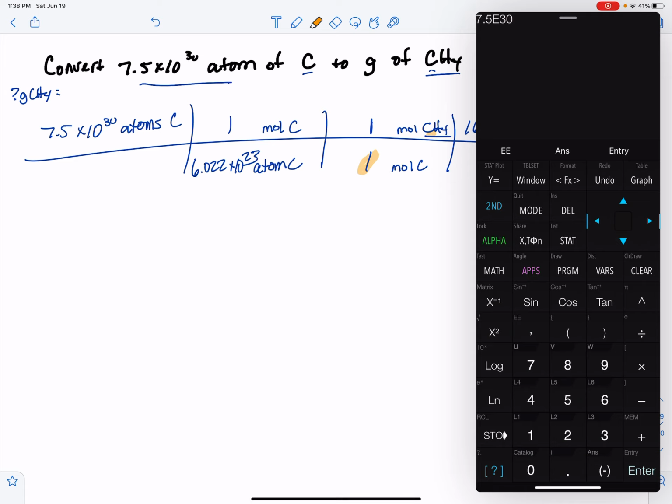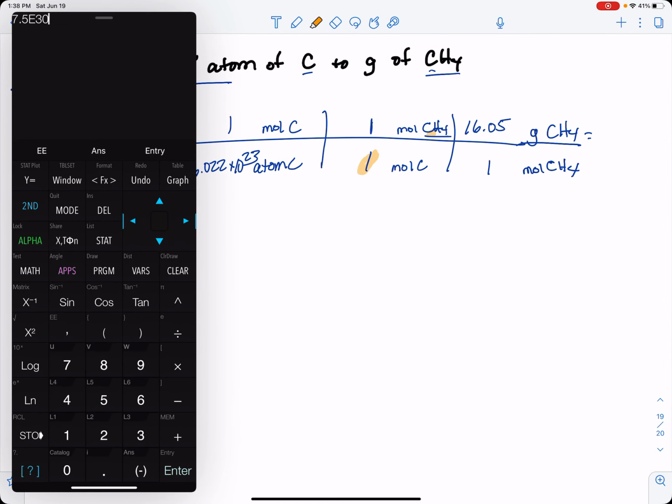So I've got this number in here. I'm going to look across the top. I can put in the times 1, so times 1 times 1. Times 16.05, don't have to put the 1s in though. Divided by 6.022 e to the 23rd. And if you already had this in your calculator, you might have just wanted to bring that whole equation down again with the, in my case, it's the second entry key. It'll bring the whole equation down that you just used. And so the answer to that one is